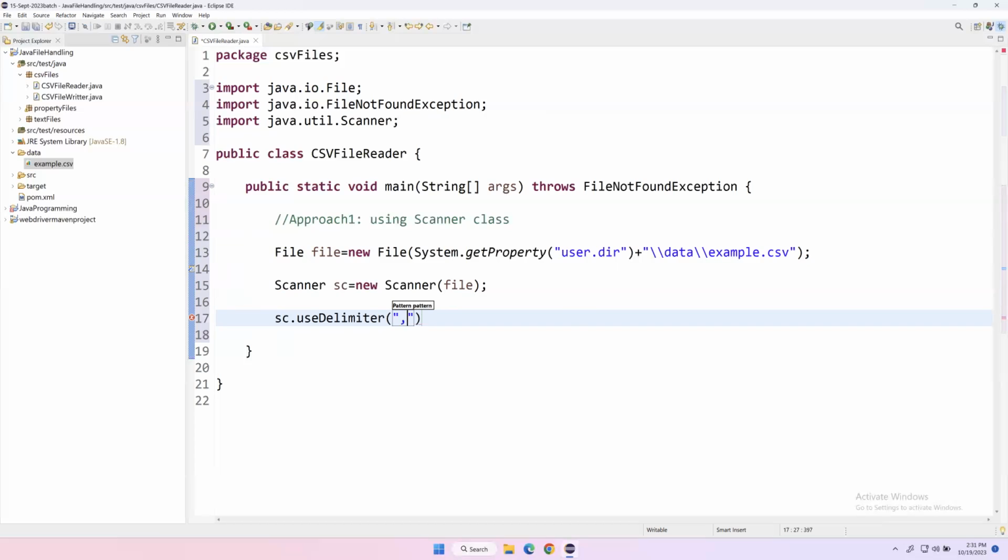So how your CSV file got created, how the data is separated, accordingly you have to specify the delimiter. Currently in my CSV file, the data is separated with comma, so here I'm using delimiter comma. So it will set the delimiter pattern. Once it has set the delimiter pattern, the next command is we have to read the data